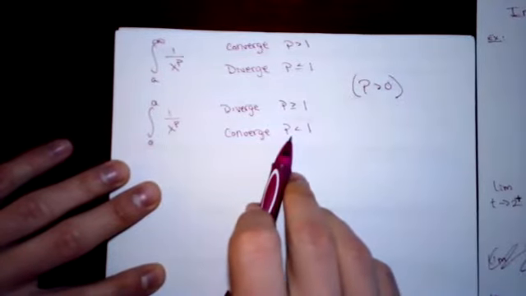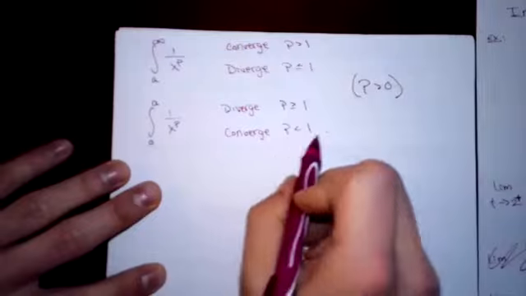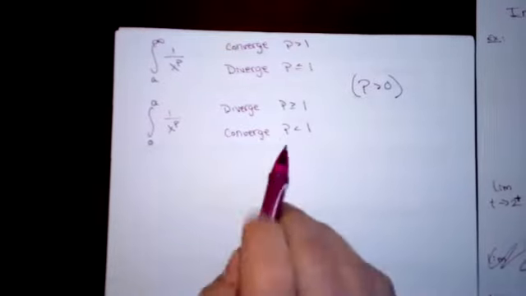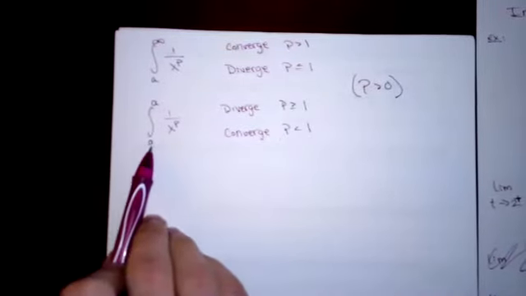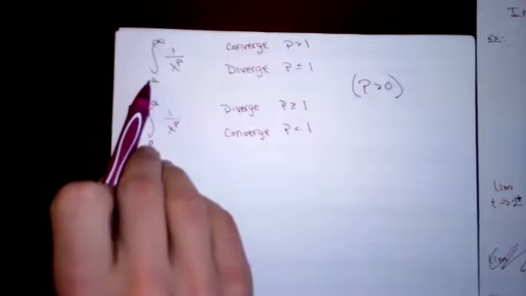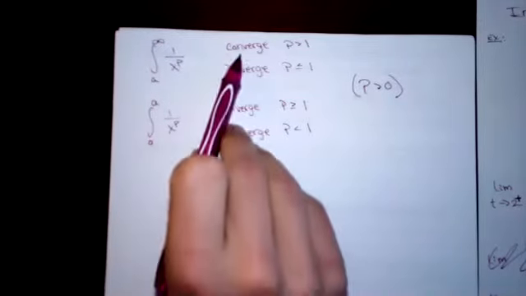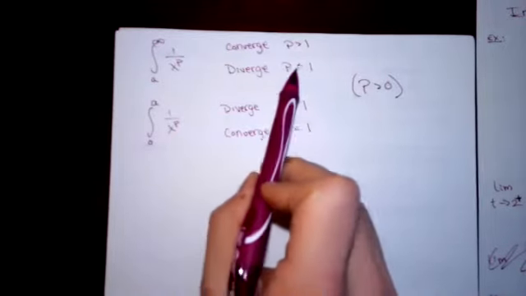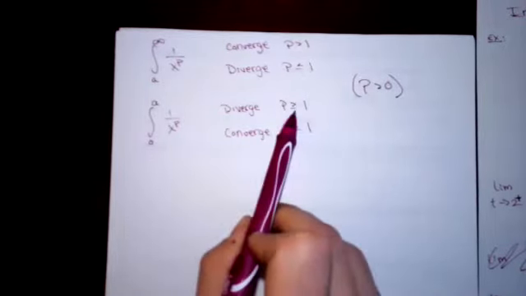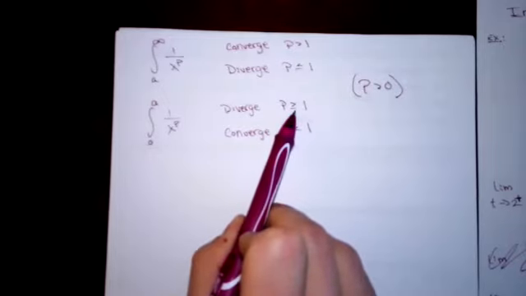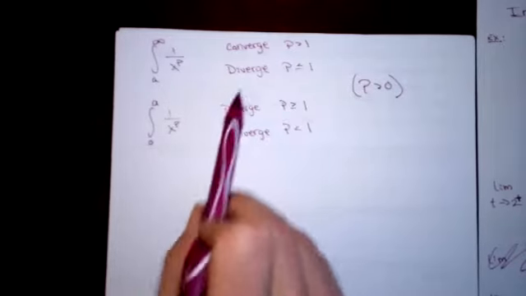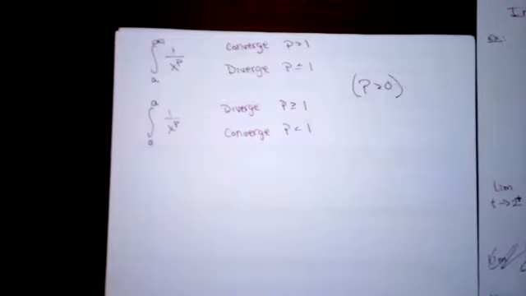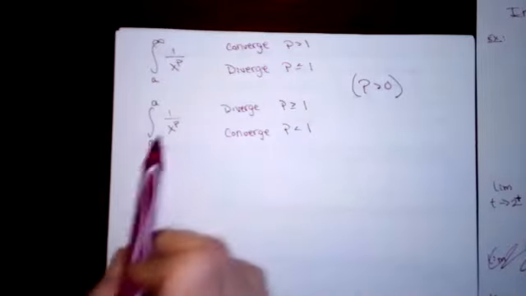So when p is between 0 and 1, it's a fraction. It will converge around that asymptote. It will diverge if I integrate out to infinity. Notice, though, that this case when p is equal to 1, neither works, right? P equals 1, it's going to diverge in either situation because we're going to get that natural log as the antiderivative, which will blow up both at infinity and at 0.